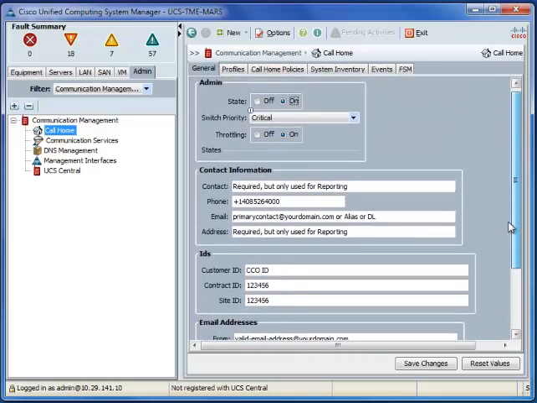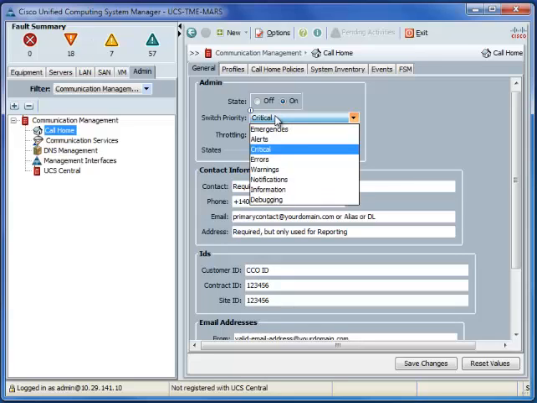Before I do that, I quickly wanted to cover switch priority right below the admin state on or off. Switch priority specifies the message urgency threshold for Call Home messages. Based on the type of messages you want this particular system to be enabled for, you can select the switch priority.